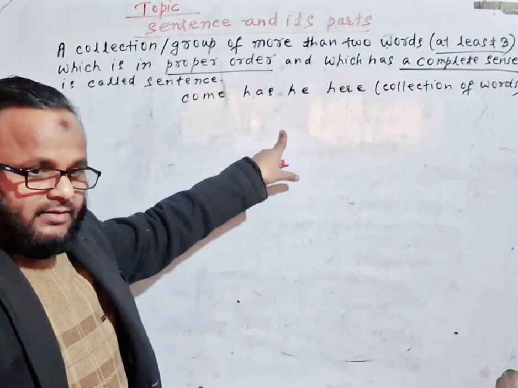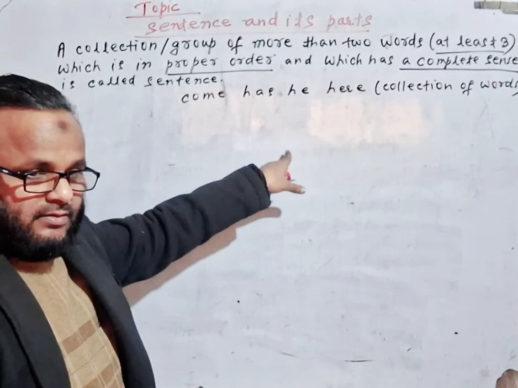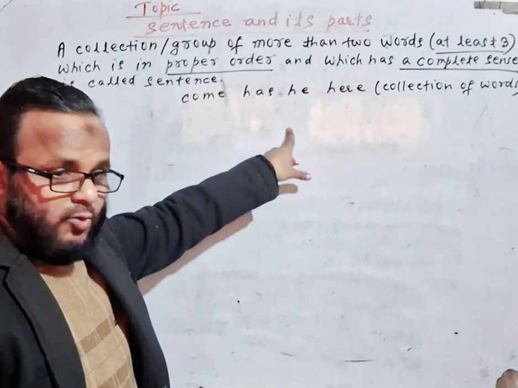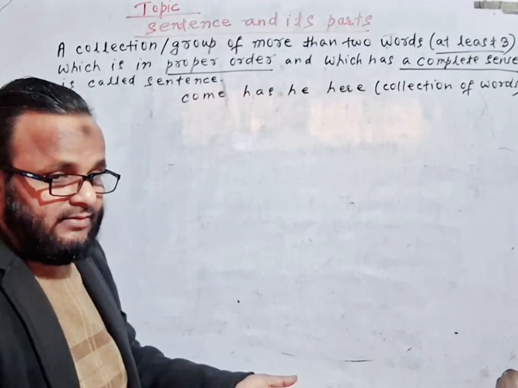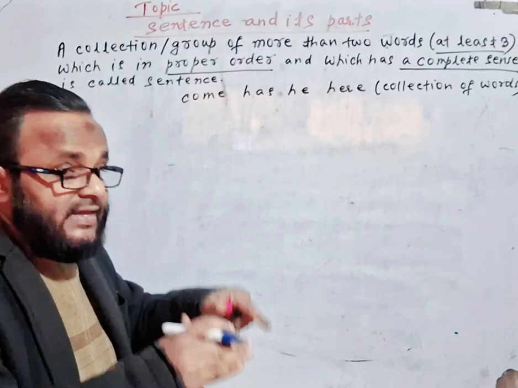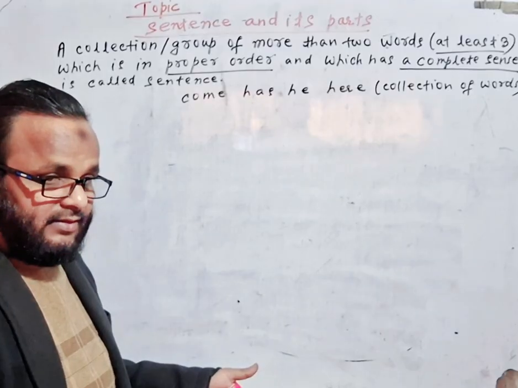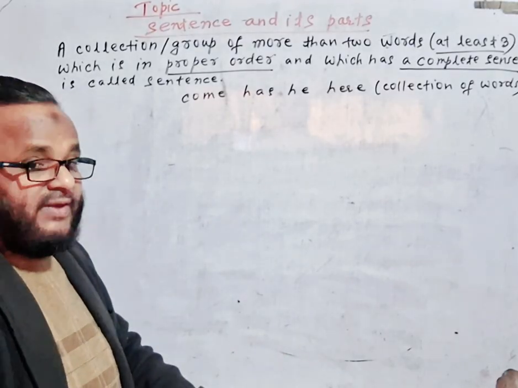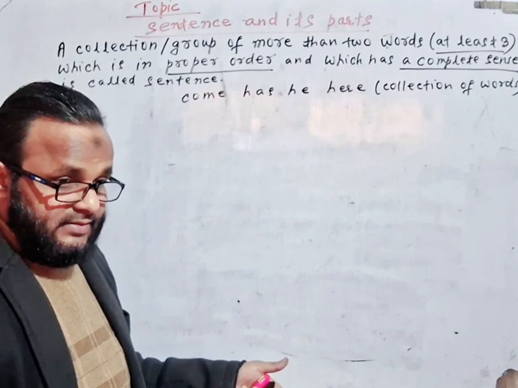This is a collection of more than two words, but it is not written rightly, not written correctly. ये सही ऑर्डर में नहीं लिखा हुआ है, राइट? कलेक्शन तो है, वर्ड्स का कलेक्शन तो है, बट सही ऑर्डर में नहीं लिखा हुआ है, राइट? यस।